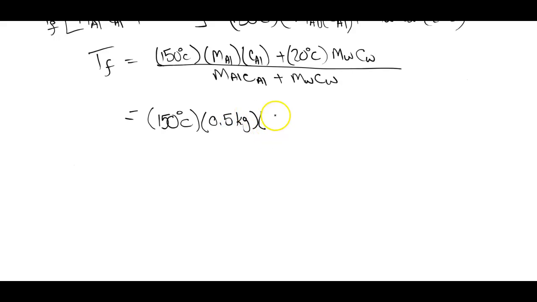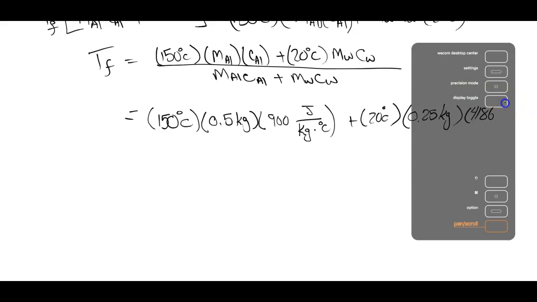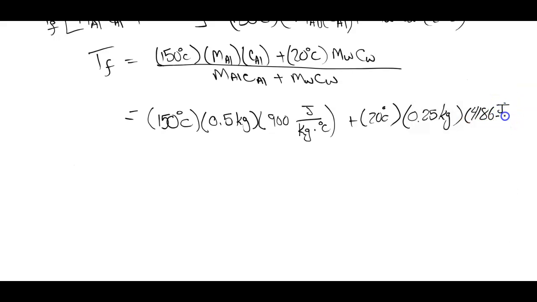Specific heat of aluminum is 900 joules per kilogram degrees Celsius plus 20 degrees Celsius times the mass of water, which is 0.25 kilograms, times the specific heat of water, which is 4186 joules per kilogram degrees Celsius, all over